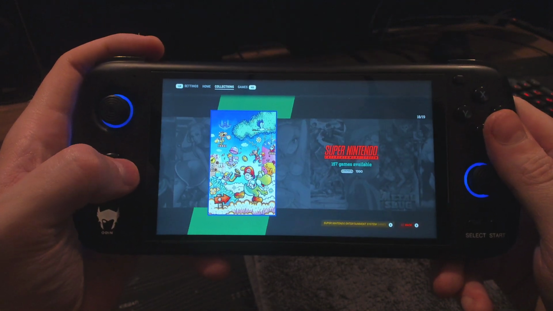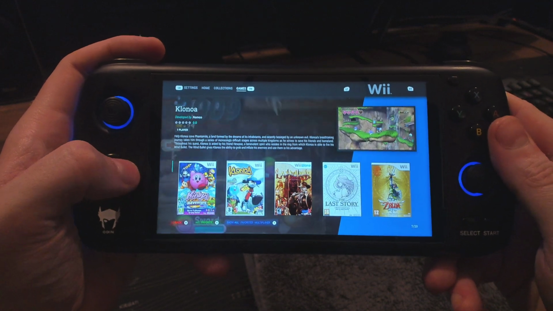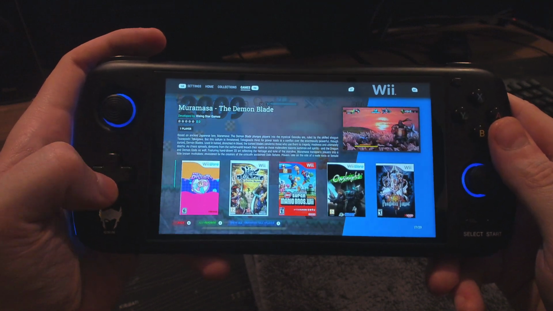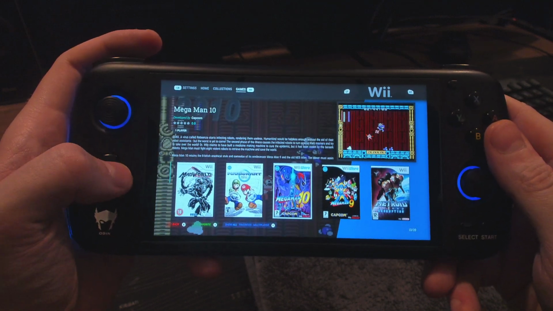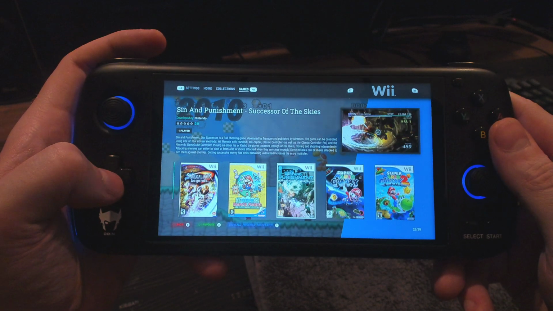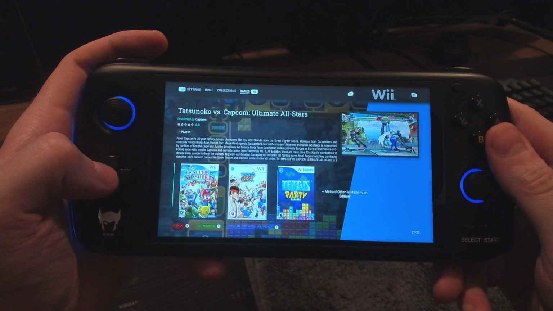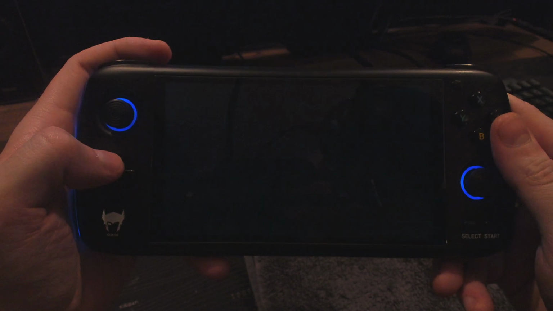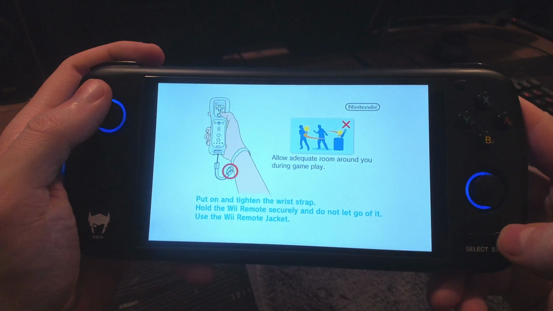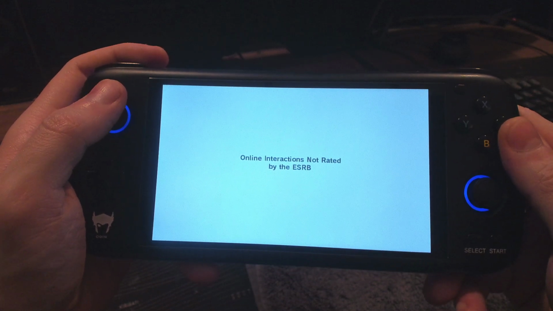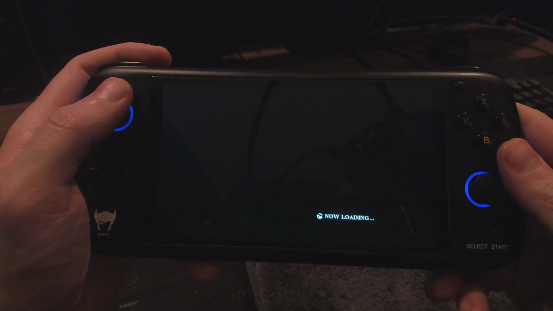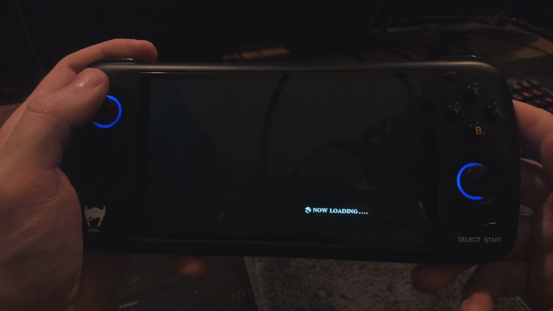Exit game, back to Pegasus, the Wii. This is just Dolphin MMJR again. I just remembered that if I wanted to play, I think it's Mega Man 9 and 10, I have to turn off dual core, otherwise they run slowly. I'll just open something up. It really took me a while to figure out how to get this Launchbox to open Dolphin MMJR. I know it sounds ridiculous, but